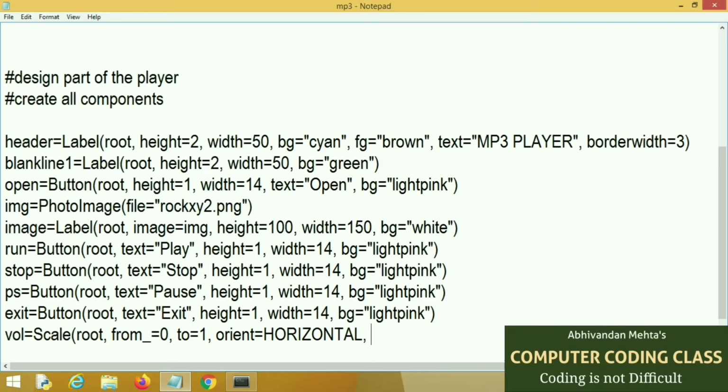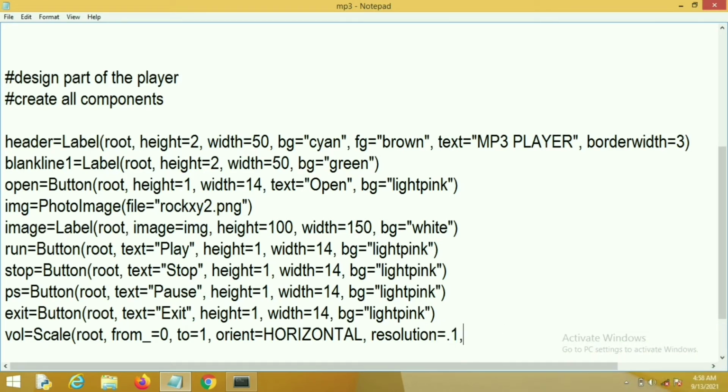Next is resolution. Resolution means increment, that is set to 0.1. Background color is orange. Foreground color is black.